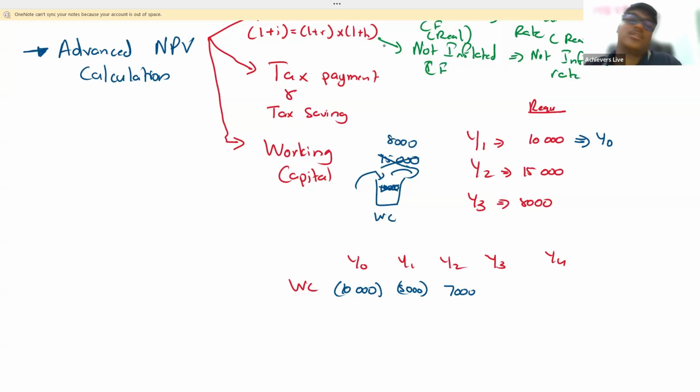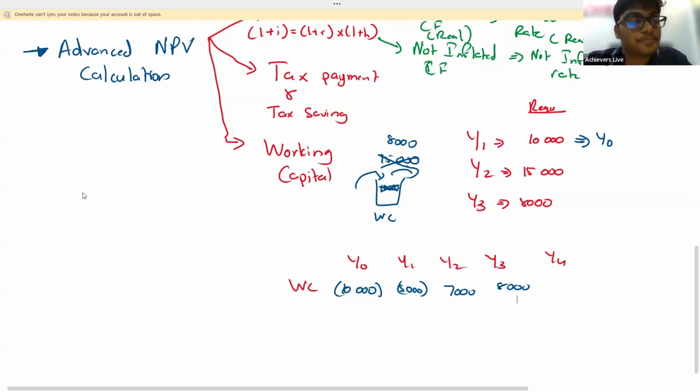Balance is $8,000. So at the end of the project, remember, always working capital will be taken out of the business. So you will have only $8,000. The owner will take that $8,000 and go home. Always, whatever amount is invested, you will recover that working capital amount. So this is how it will look in the pro forma.